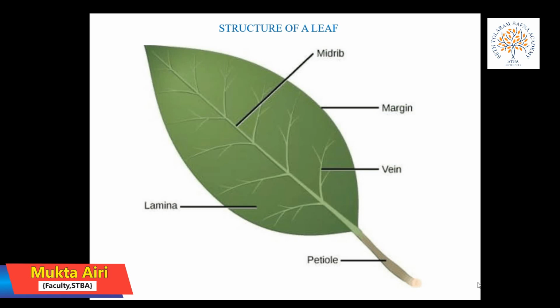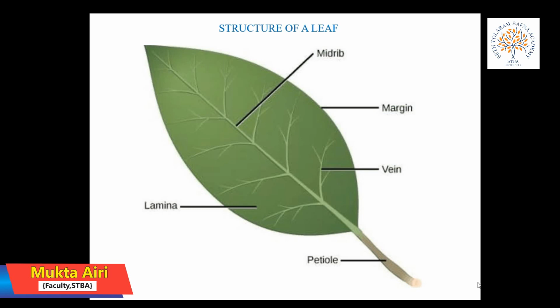A leaf can be tiny, such as a termite leaf, or it can be big, as a banana plant leaf. The cylindrical stalk which attaches the leaf to the branch is called the petiole. The flat part of a leaf is called the leaf blade. When you observe a leaf carefully, you will find some lines running across the lower surface of the leaf. These lines are tubes called veins, which carry water and minerals to the leaf.